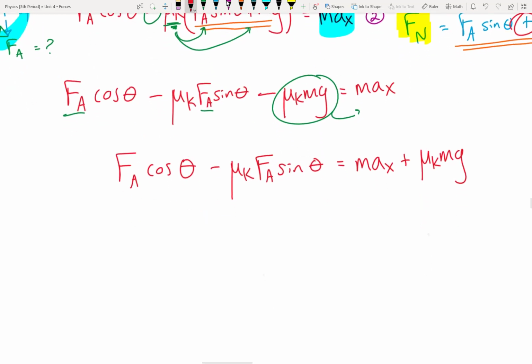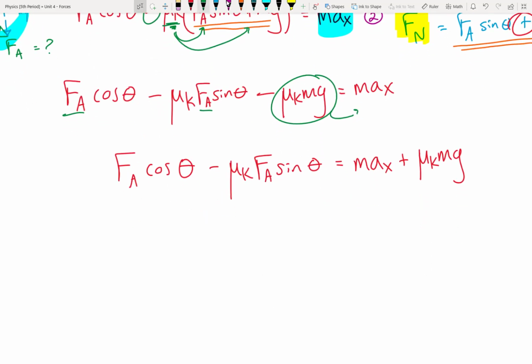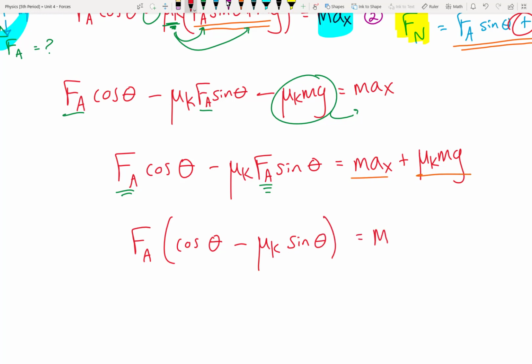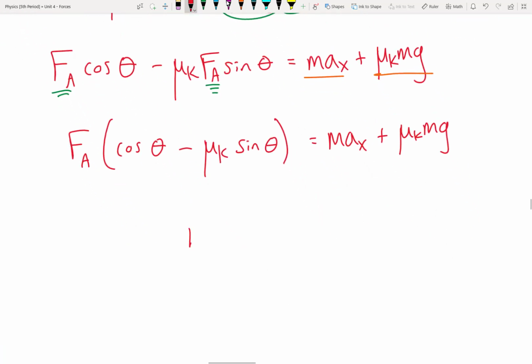All the FA terms are now on one side of the equation, and the terms that do not have FA in them are on the other side of the equation, and this is done so that I can factor out FA. That is the point. Here's FA times cosine theta minus mu k sine theta equals max plus mu k mg, and then we're getting FA by itself by dividing